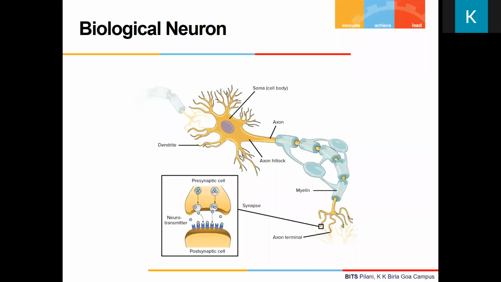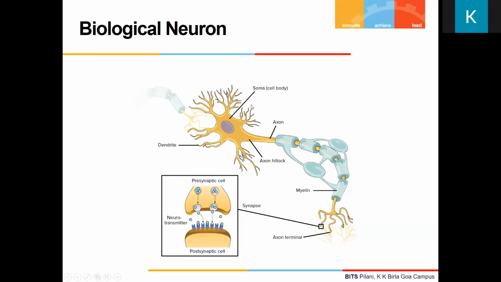So to build our artificial neural network, we just need this basic concept. Neurons are connected with each other, that we know. And their connection strength varies. Not all neurons are connected with every other neuron with the same strength. In the biological neuron, that depends upon the number of synaptic connections. So somehow we need to replicate that in our artificial neuron also. We cannot have chemicals in our circuits, so somehow we need to replicate that concept there.